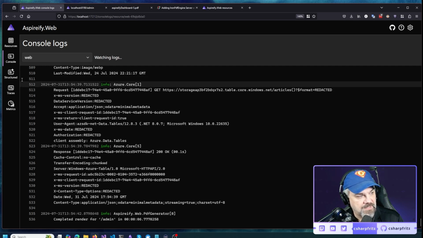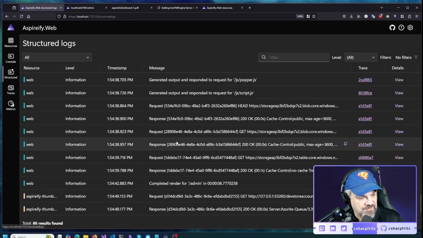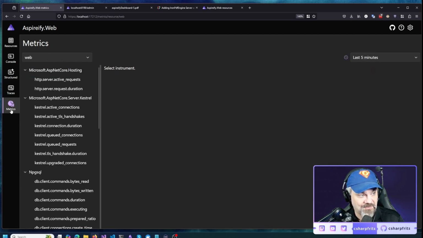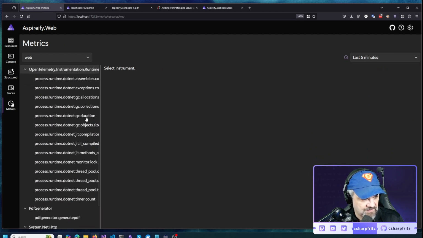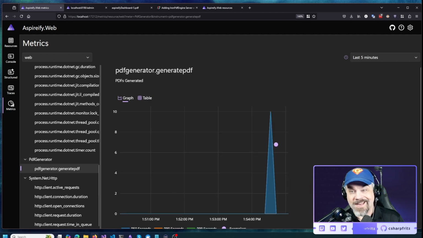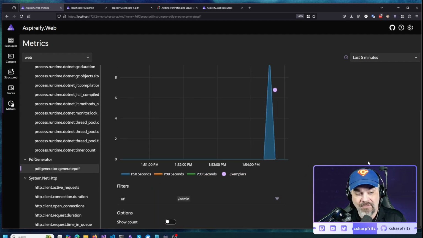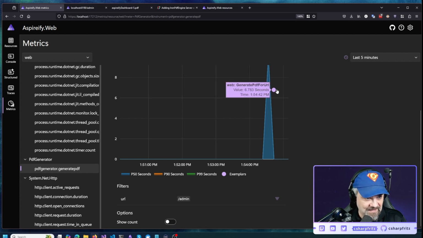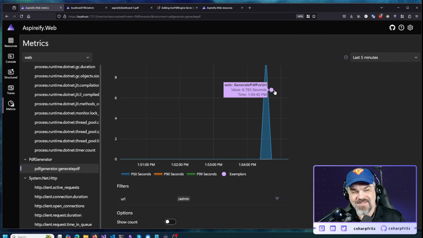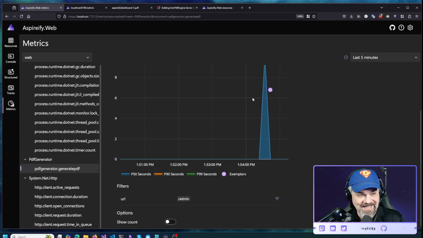All right, I've generated a PDF. I can see in my structured logs, there's the render, and it completed in about 6.7 seconds. But now if I go over to metrics and I scroll down here, I've got a new PDF generator category. And if I click into that, now I get a graph that shows me how long that process took. And there's an exemplar here that is that exact number, 6.7 seconds that it took to execute,